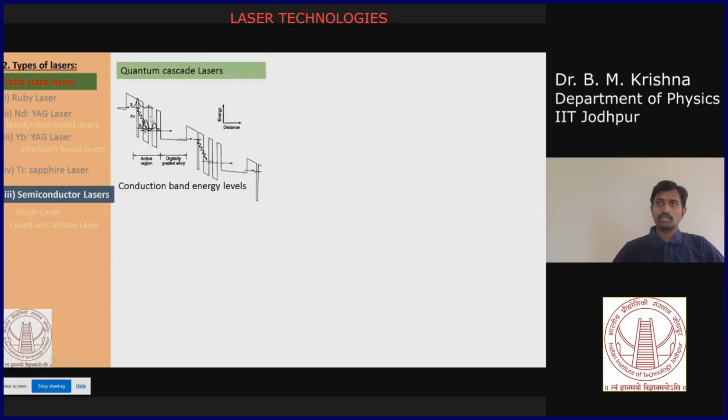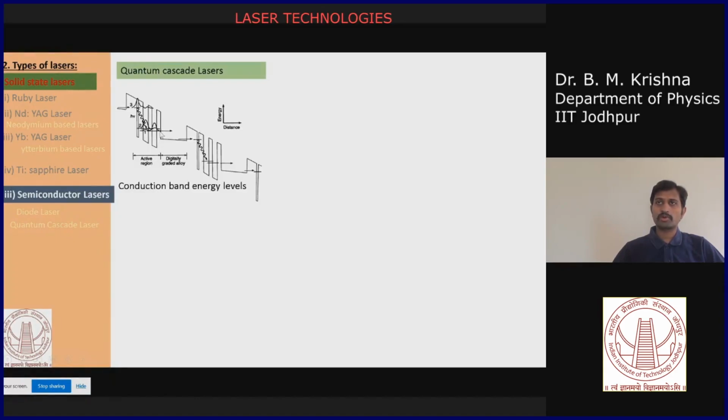Then you repeat this kind of structure for certain periods. So then what happens? You have a spontaneous emission in this case. After the spontaneous emission, your photon is propagating through your material, and your electron will not recombine like in a conventional material. Your electron will again tunnel through to the next period. Again, as it moves under the bias condition, it acquires energy, goes to a higher state in the active medium, and then lasing action takes place again.